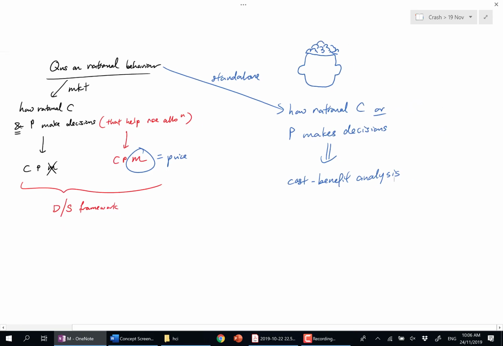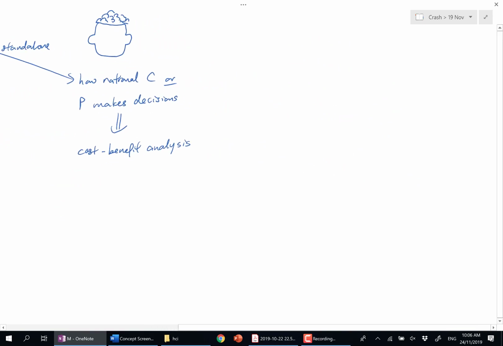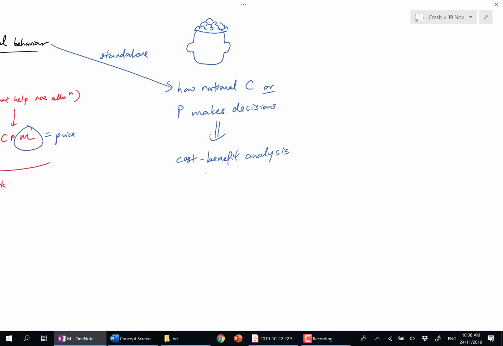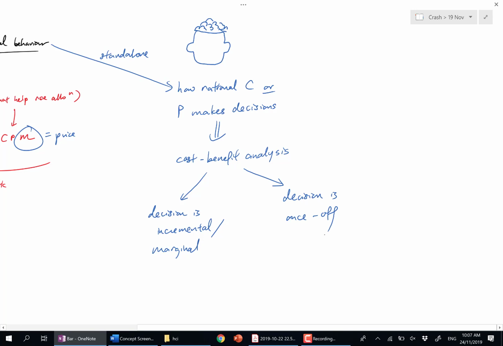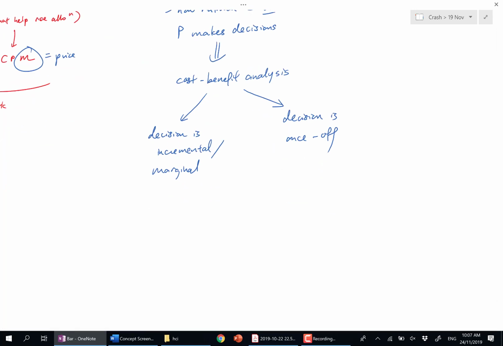Okay? And when you say cost-benefit analysis, I'm going to show you two types. Okay? It really depends on the nature of that decision. If that decision is incremental or marginal, versus if that decision is once off, your answer is different. Okay, so if that decision is incremental,